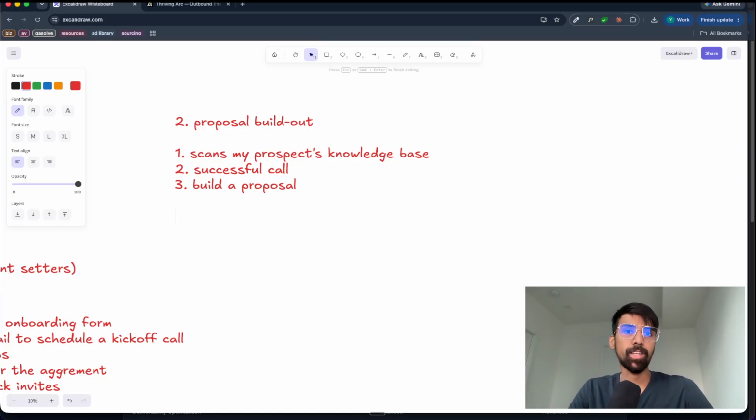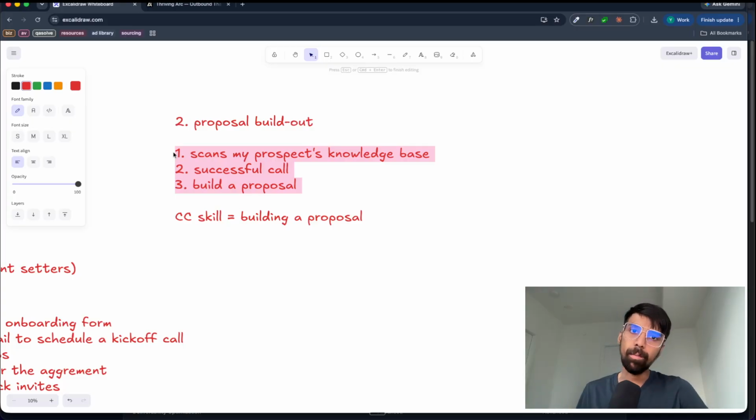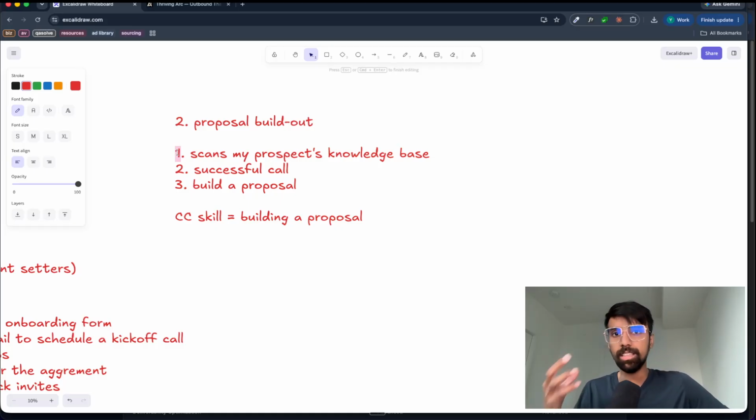So you can have a Claude Code skill that is just for building a proposal. Anytime you get a client that's interested and wants you to send over a proposal or an agreement, whatever you want to call it, you can make sure it scans your knowledge base, looks over all of your discovery calls, the company details, everything the client wants when they're working with you, and just constructs it into a beautiful